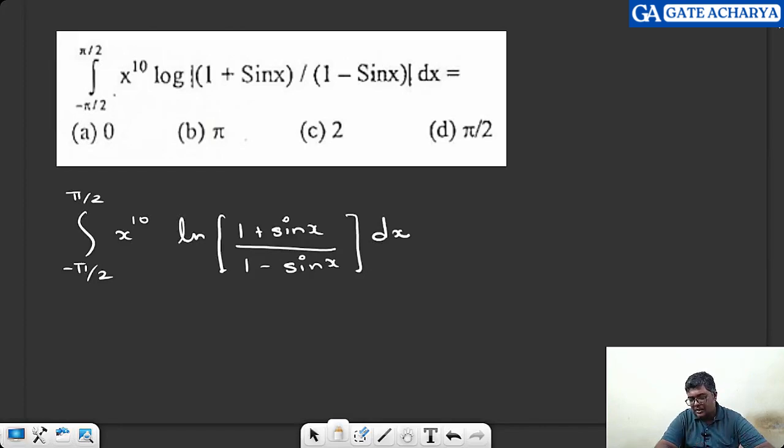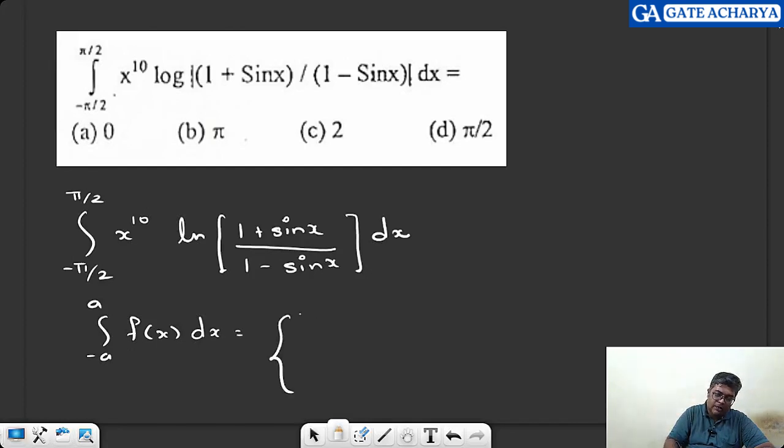Now, since there is no algebraic function in the denominator, I cannot even apply partial fraction. So the approach that I have to go for is properties of definite integration. So what property of definite integration? Whenever you see the same value with negative and positive sign of limits, there's a famous property, the odd even function property. Integral from minus a to a of f of x dx has two types of values depending on the condition: 2 times integral from 0 to a of f of x dx,